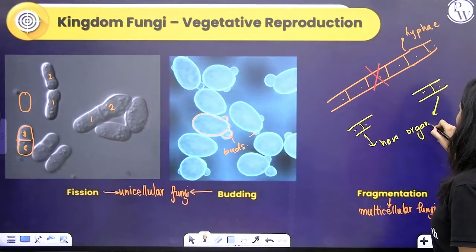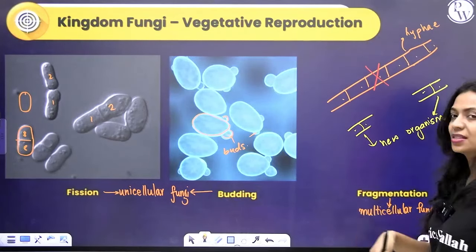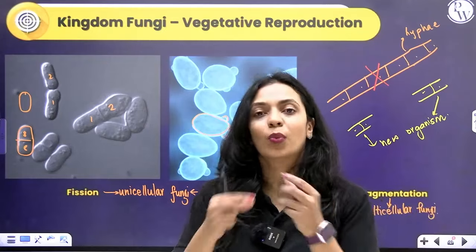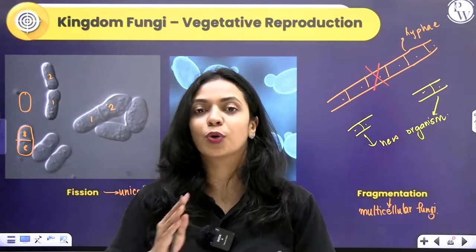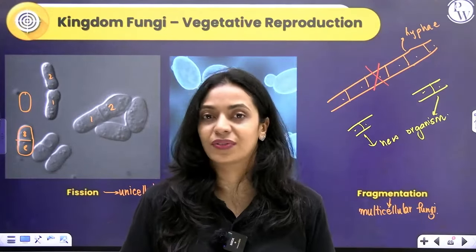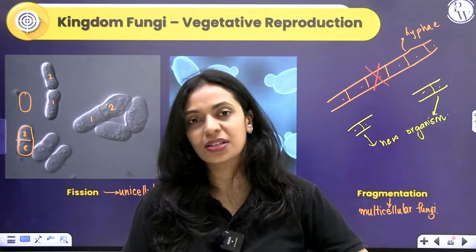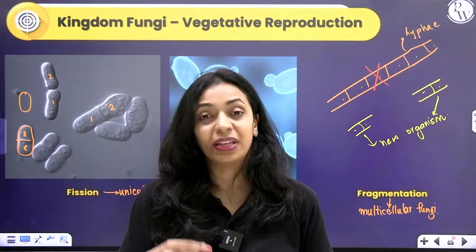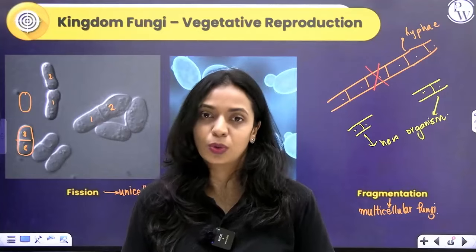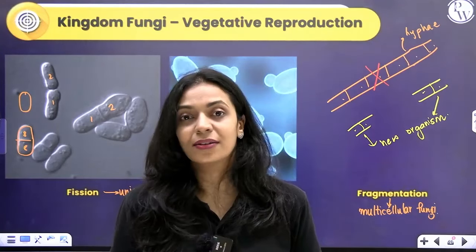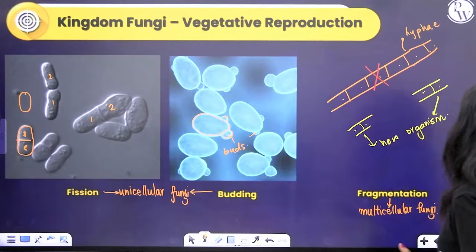What does fragment mean? Fragment means pieces, right? Over here, one single hypha that was there is broken into smaller fragments for whatever reason. A cell could die in between, or it could get damaged, or something happens. So whenever smaller fragments are formed, each fragment is equivalent to a new organism. So that is called fragmentation. Now let's talk about